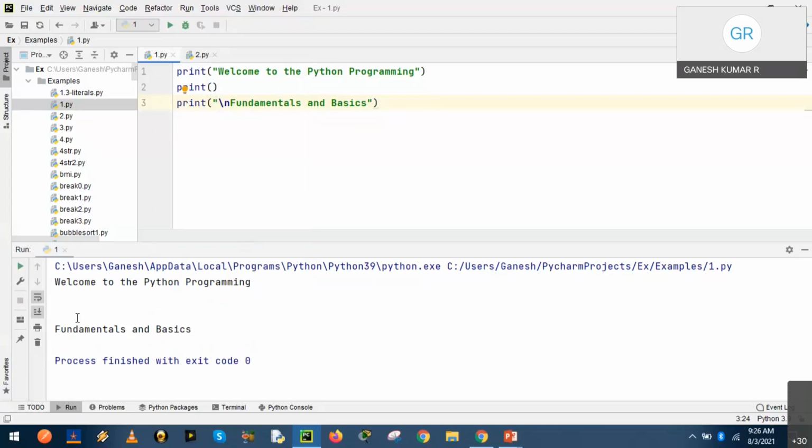So the \n has a very special meaning when used inside strings. This is called the escape character. The word escape should be understood specifically. It means that the series of characters in the string escapes for a very short moment to introduce a special inclusion.